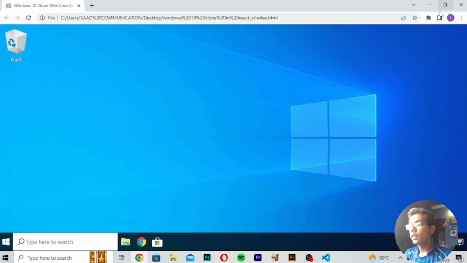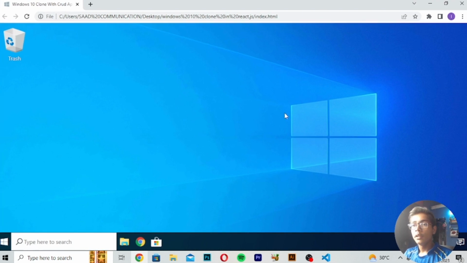After reloading, you can see this is our Windows 10 clone which we have built using Crud API, and we have just used React.js, Next.js 13 and ReactToolKit to build this. So when we are building any project using Crud API, it is easy to build, and I hope you understand this, how we have just built this amazing Windows 10 clone using Crud API in this amazing React.js, Next.js 13 and